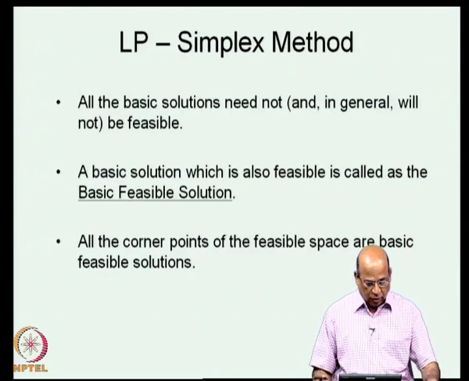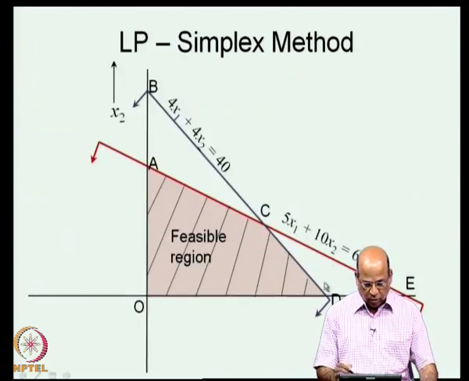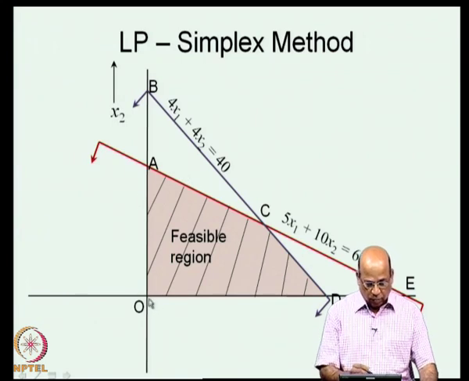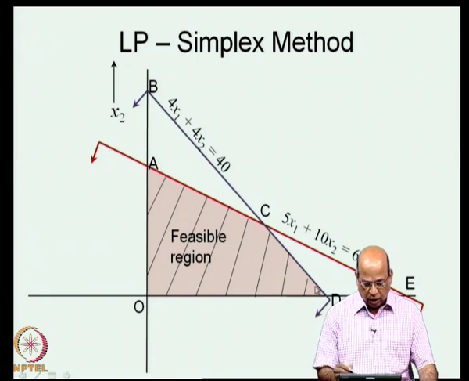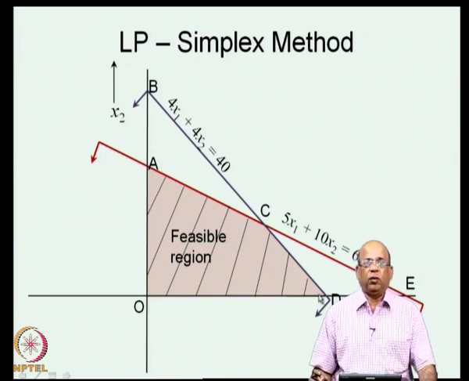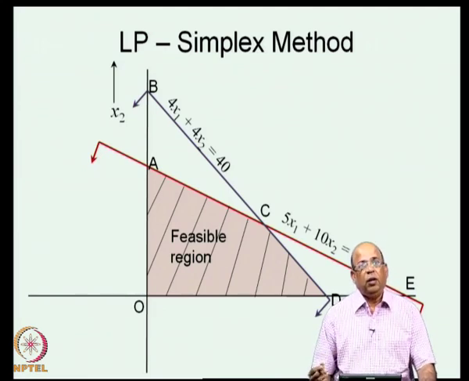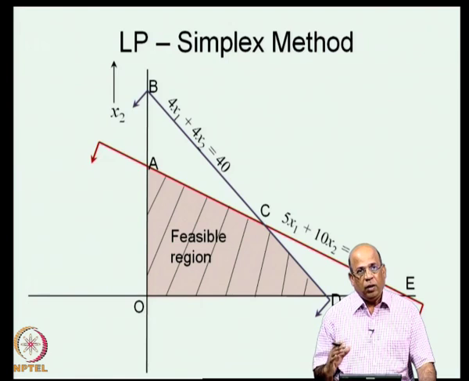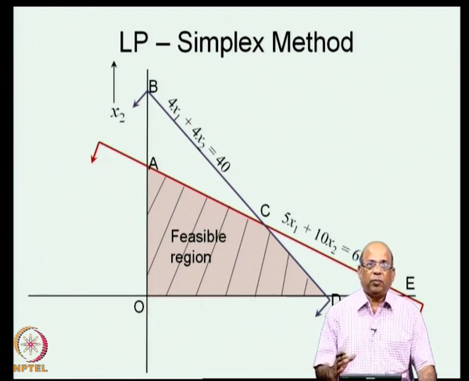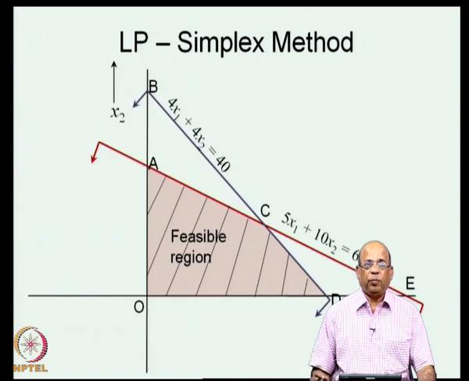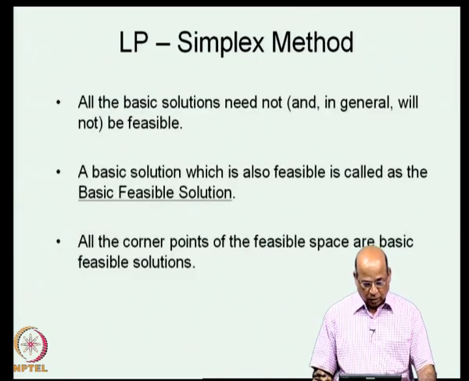What I mean by that is that we know that the solution is on the corner. So, one easier and straightforward way is to enumerate all the solutions here, obtain a solution at O, A, C and D, and then look at which of these solutions has the maximum value. Now, that is a straightforward way of doing it, it is an enumeration, but enumeration becomes unwieldy in practical problems, because there are simply too many basic solutions.